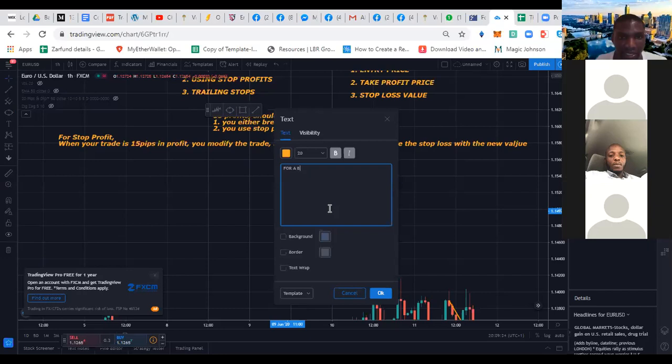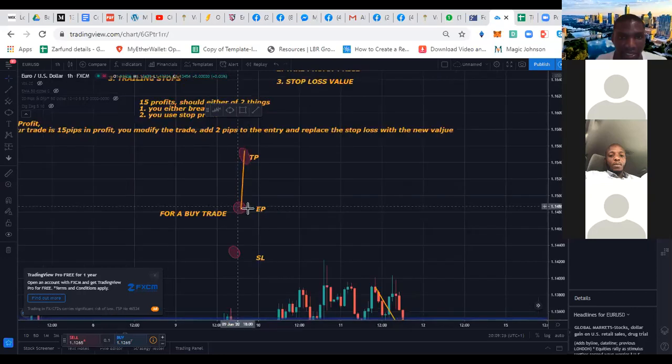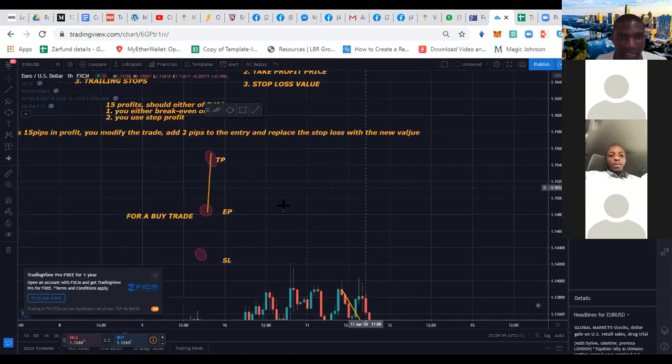For a buy trade. Okay. So this is for a buy trade. For a buy trade, you have the entry price, you have the take profit above, you have the stop loss below. Okay. Now for a sell trade,